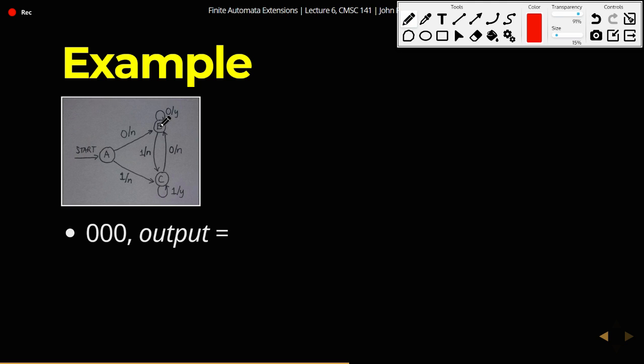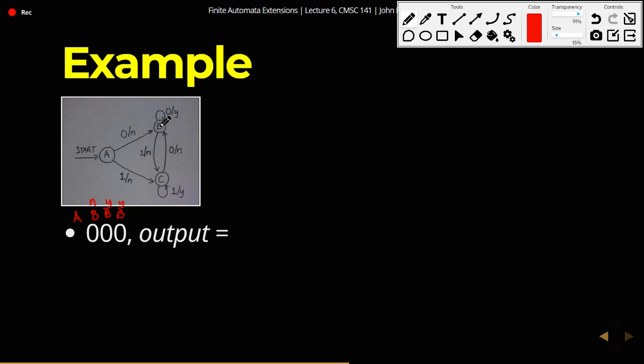Might want to write that one here. So on state A, on 0, it will transition to state B. But on that transition, we follow this transition, right? And the output is N, right? So output here is N. Now on B, if we see 0, B on 0 will stay on B, and the output is Y. Okay, and then finally B on 0 again will stay in B, and the output is Y again.